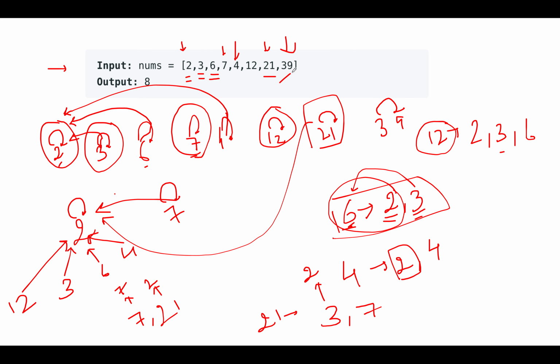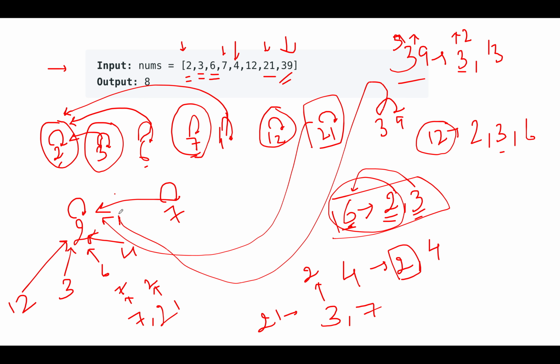Let's move ahead. Next we see is 39. Let's see how many factors are there. The first factor is 3. The second factor is 13. So let's unify 3 with 39. What is the parent of 3? The parent of 3 is 2. What is the parent of 39? The parent of 39 is 39 itself. So due to the unification process, the parent of 39 will be updated from 39 to 2. So a new edge is getting formed starting from 2 to 39. And the next element is 13. 13 is not part of this answer, so let's skip it.